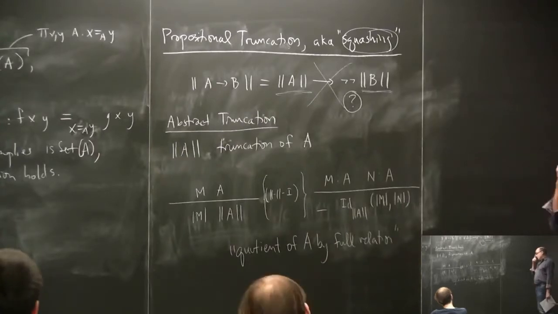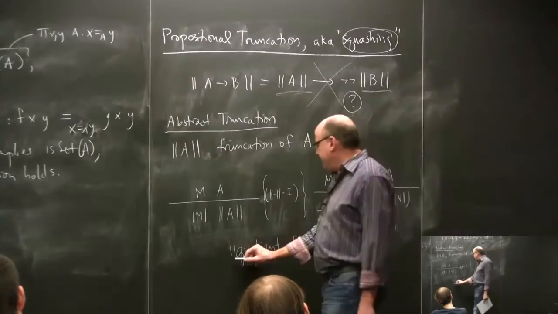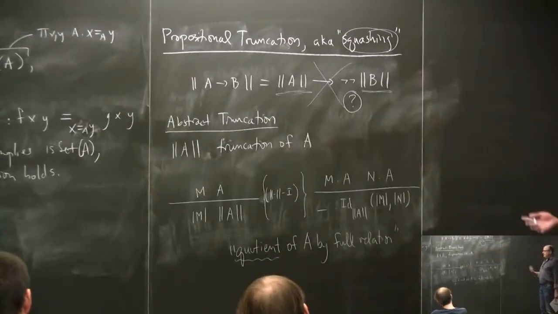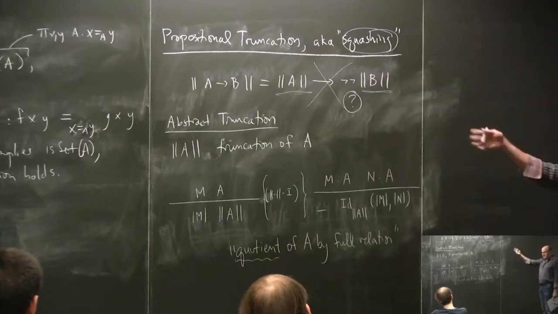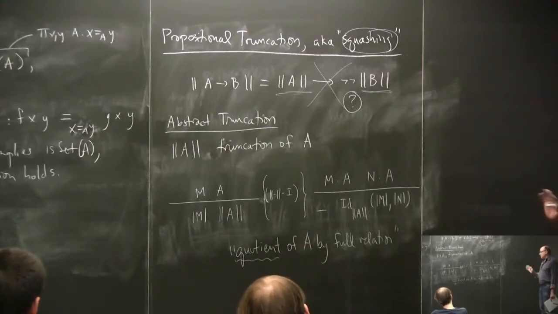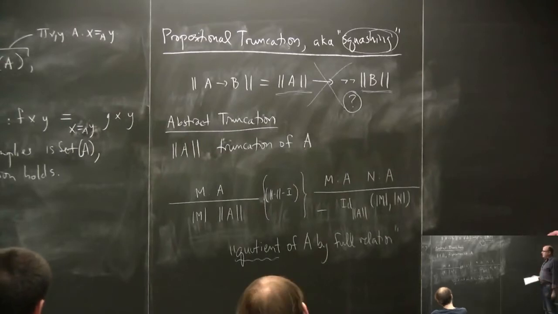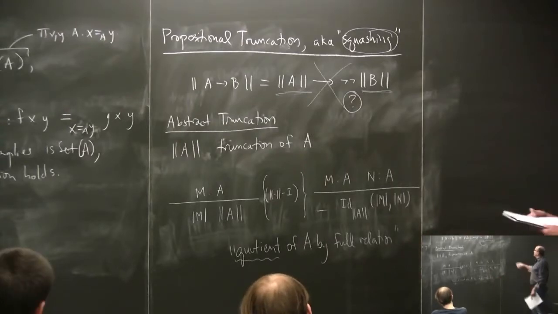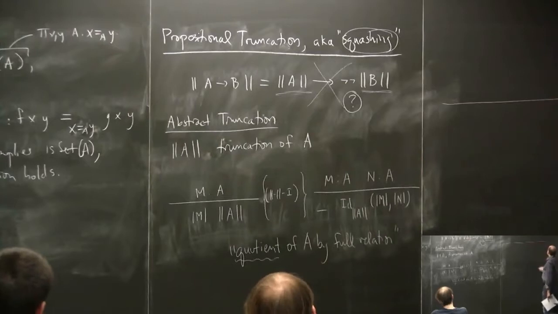We have to be careful about using the word quotient like that, because at least in ITT or in other settings, it's quotients by an equivalence relation, which normally one thinks of as a prop in the sense that I've been discussing, so one has to be careful, but let's just say loosely, it's some kind of quotienting by the full relation. So if I think of squash A as the quotient of A by the full relation, then it tells you what the elimination form has to be, okay? So the elimination form, the squash elimination form,